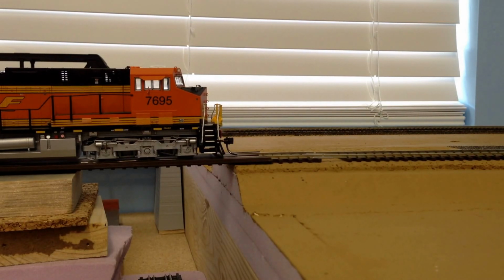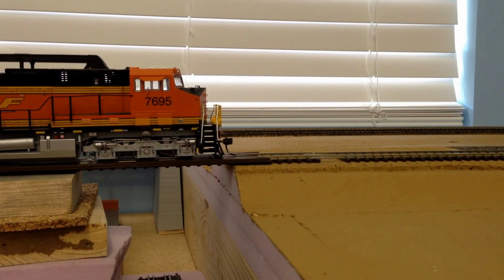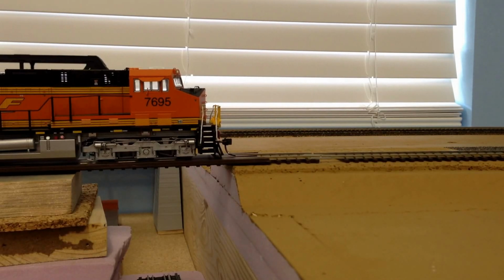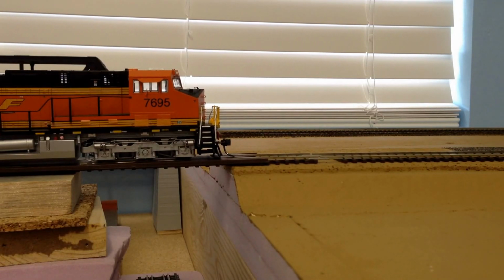But as you can see on this inner loop, I took the recommendation from Penn Central 99 about elevating a section of the track. So I used the Woodland Scenics 2% starter kit and elevated either side of the bridge with one section of the 2% incline. So it raises it up about a half an inch, which is pretty much equal to the half-inch foam that